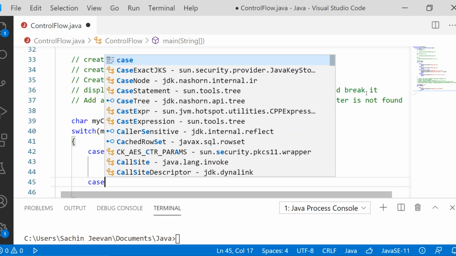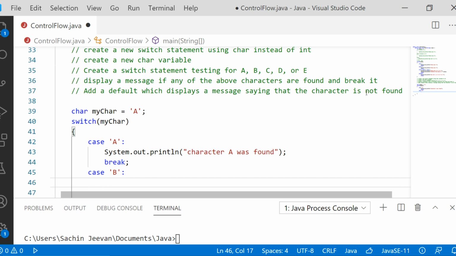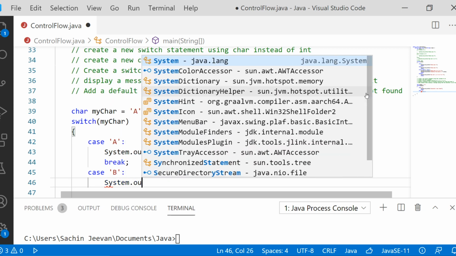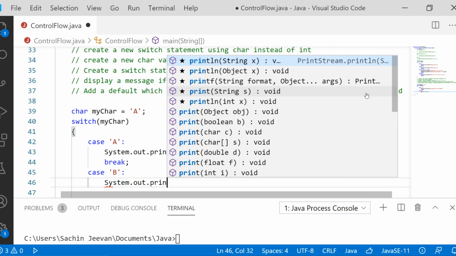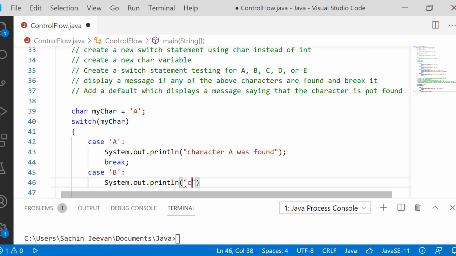Then we can look for the next case, case B. If case B is identified, then we print System.out.println that character B was found.